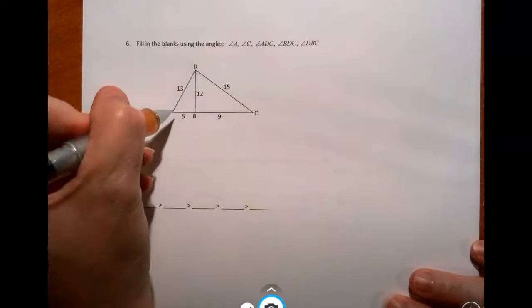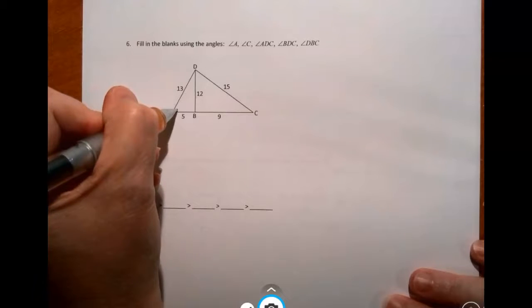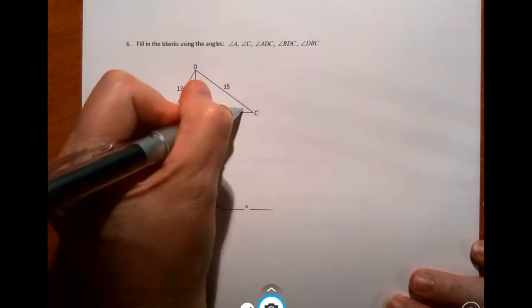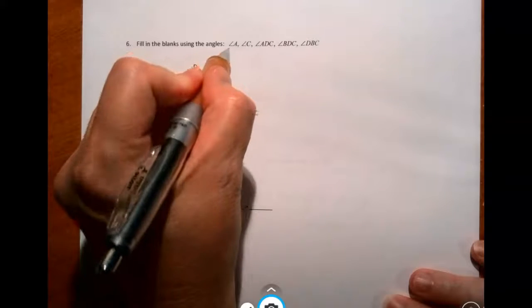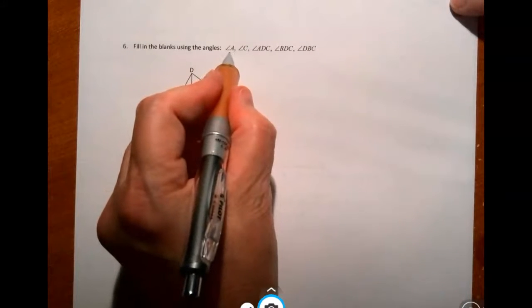So here we're given some information about which angles are larger than others. So I know that angle A is larger than angle C. So I can use this information to conclude this. So given that angle,